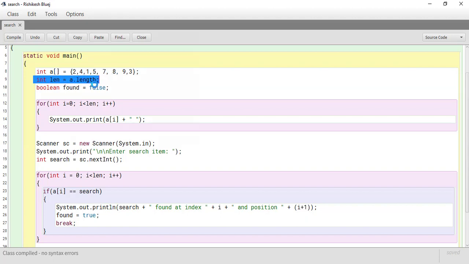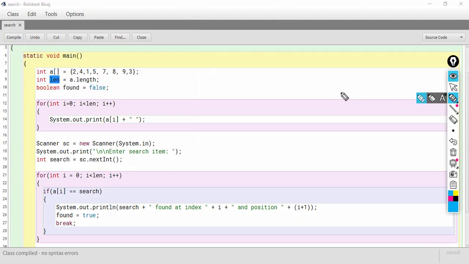This will tell me how many elements are there in the array and store it in the variable len. Next I am declaring a variable found, which is initially false. So I am assuming that the value we will look for is not there in the array. This assumption can be wrong or right, that will be decided later.